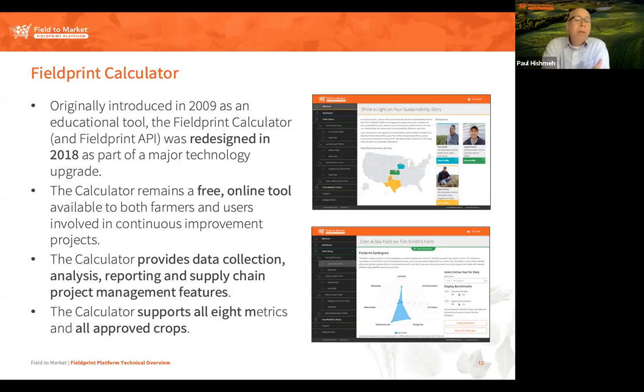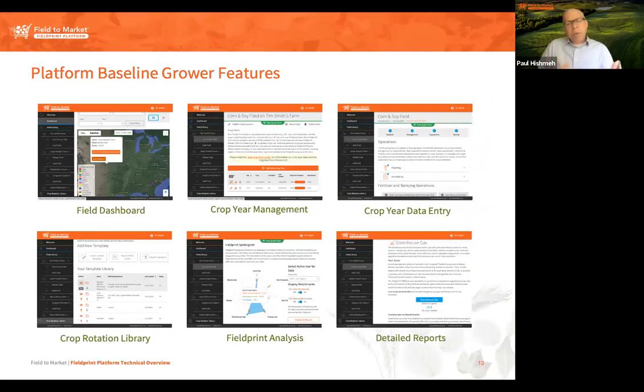It remains a freely available online tool for farmers and those that are managing projects within that calculator. It provides basic functionality, which we'll touch on in a couple slides, for farmers, for admins, and of course it supports all 8 of our metrics and all the approved crops. So I didn't think a demo of the calculator was helpful here, but just wanted to highlight in some very tiny screenshots some of the functionality, or what we would refer to as baseline features you would see in the calculator, and you would most often see in some of our API implementations, not in the same UI model, but